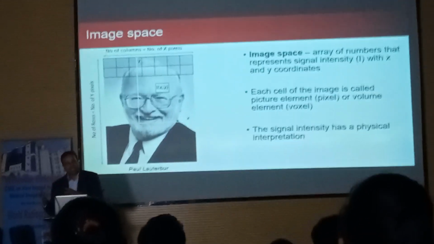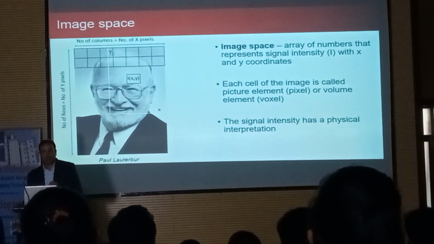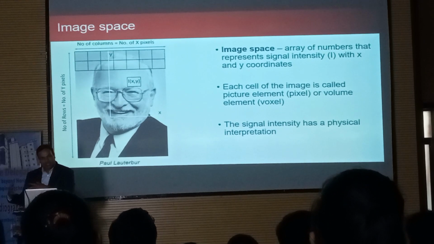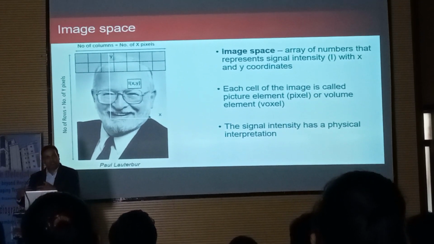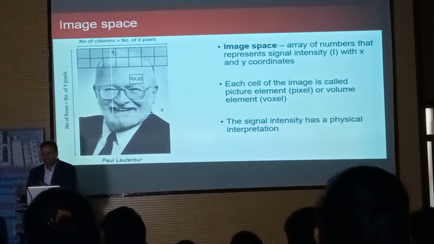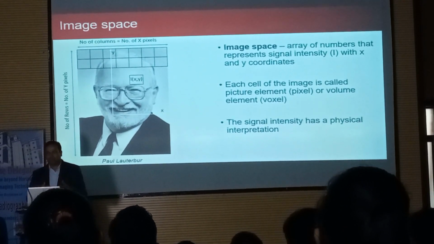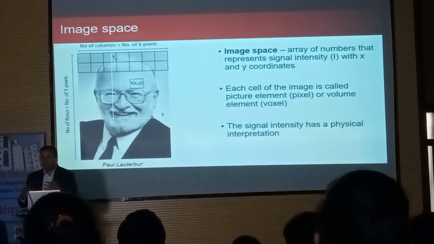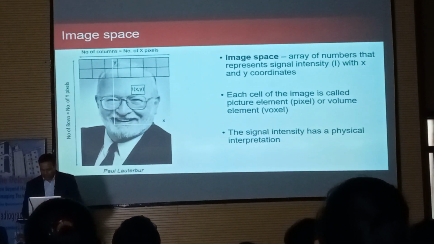Amount of light hits the camera lens. That's how the pictures come out. But in MRI and in X-ray, it depends upon so many other parameters. Like in MRI, what are the magnet strength, what are your relaxation times, T1 and T2, what are the pulse sequences you are using. That decides the contrast level.